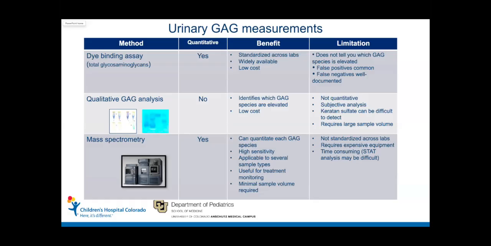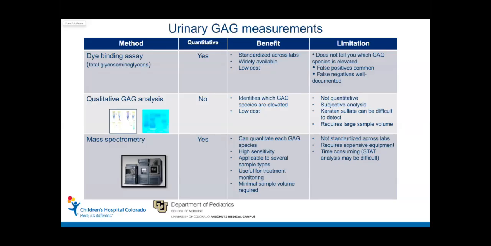We were doing a dye binding assay and we were doing a qualitative GAG assay. And we were trying to put these two tests together, typically in a urine sample from a patient, to try to identify what GAGs were there. And Dr. Munzer already talked about how seeing which GAG species was elevated would help point you in the direction of what condition the patient has. So dermatan and heparan got you a subset of conditions. Just dermatan would get you another set, just keratan and heparan another.